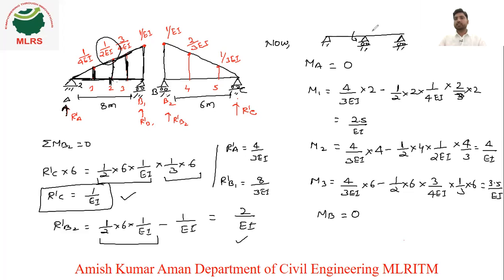Okay, this one and this one, right? So if you take this as negative one, then this will obviously be positive, so if you add these two things it will be 0 only, because we have given here 1 kilonewton meter, here also 1 kilonewton meter, right? So it will be 0 only. If you want to calculate, you can calculate MB1 in this span, and in the next span MB2 also, but if you add both of them it will be 0, because the B value is nothing but B1 plus B2 only, right?